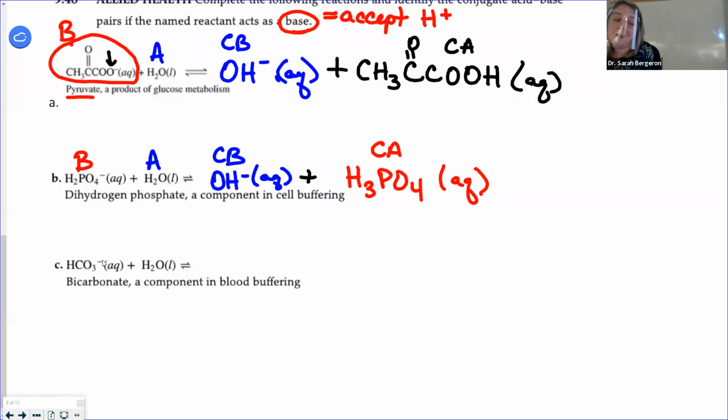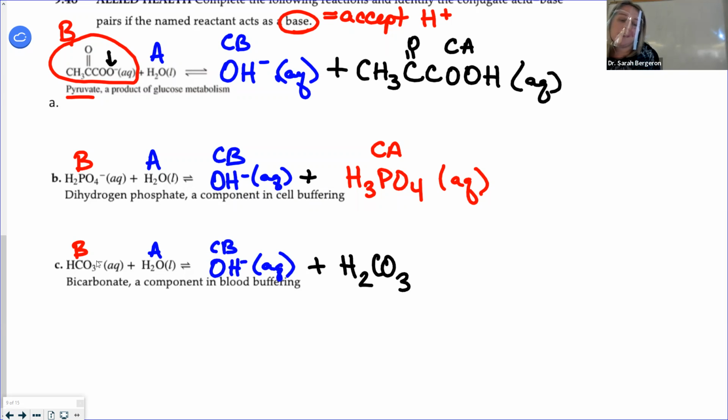HCO3 minus, which is bicarbonate, is acting as a what? Acting as a base. That's just what it told us in the question. So water must be acting as an acid. Okay, so let's do water. When water turns into the conjugate base, I know I get OH minus. My base is going to pick up a hydrogen. So I'm going to go from having one hydrogen to having two. My CO3 negative now becomes neutral, no charge, and it is aqueous. And we call this the conjugate acid.